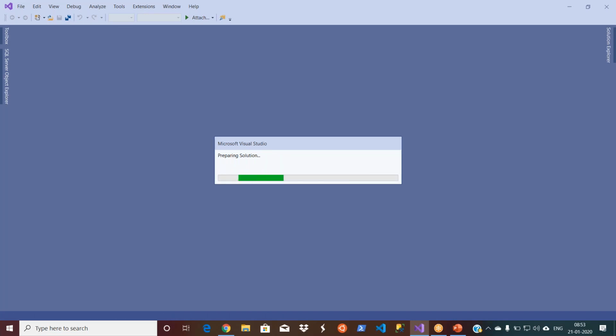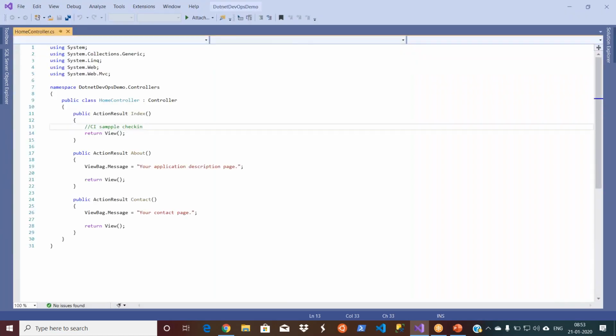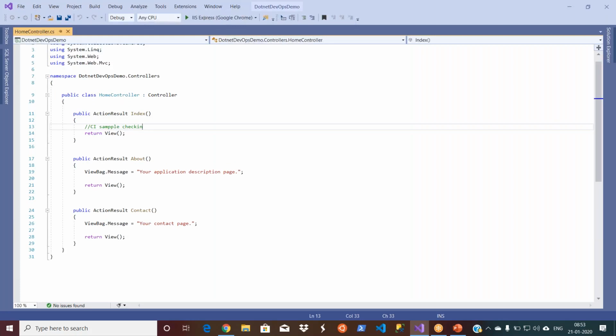Now you will see some changes. This is to improve the productivity or the time taken, or to avoid last minute surprises, etc.